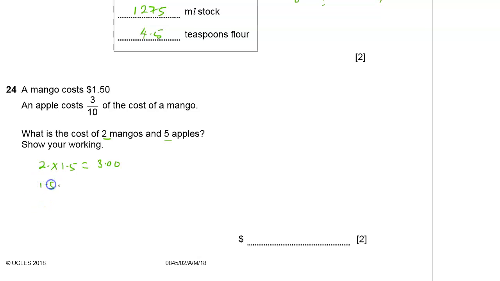So 1.5 times 3/10 of a mango. This should give us 0.15 times 3, which should give us $0.45. So an apple is $0.45. Therefore, the cost of 5 apples is 5 times 0.45. This should give you